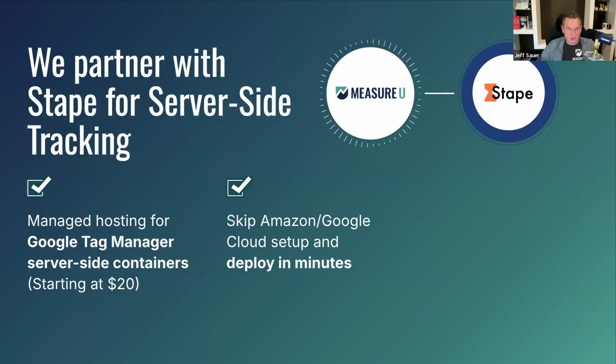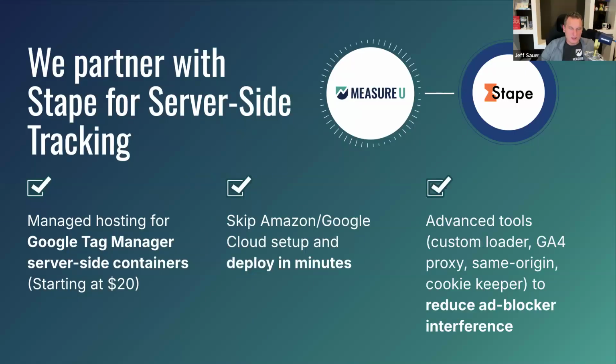You can skip doing things like Amazon and Google Cloud setup. Google Cloud is really complicated. I tried to set it up and I ripped my hair out back in 2021. Stape's much easier to use. And then there's advanced tools. This is what I mean by having more control over your data. You probably don't know what any of these things mean, but they might be interesting to help you with reducing